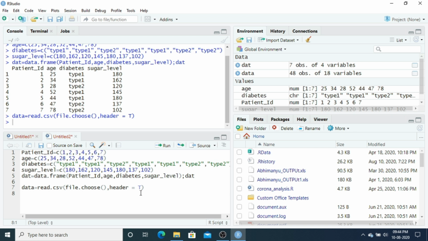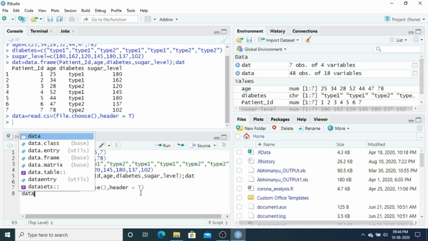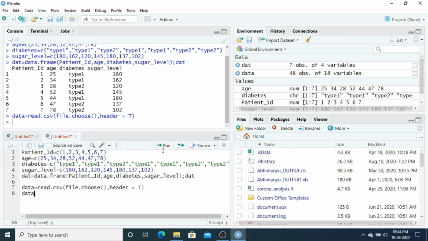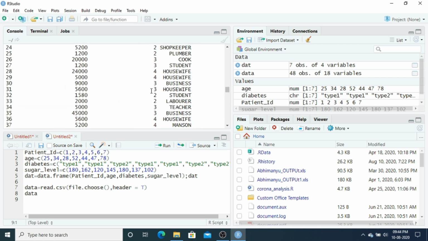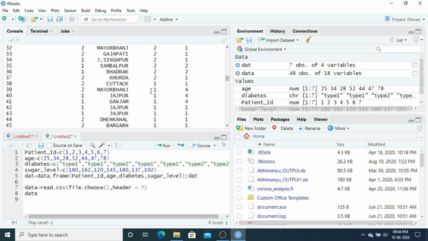How will you confirm whether the data is already in your R or not? If you write data and run it, it will show the data set. So here is your data.